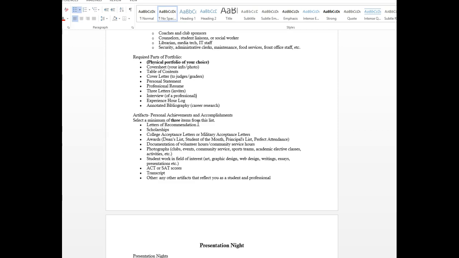If you've done any of your own work in your field of interest, like say you want to do graphic design, game design, web design, if you have actual work you've created that you would like to include in your portfolio, that would be a great idea. You can include copies of your ACT or SAT scores if they are strong scores, right? We want to just present ourselves the best way possible, so if your score's not that great, probably don't